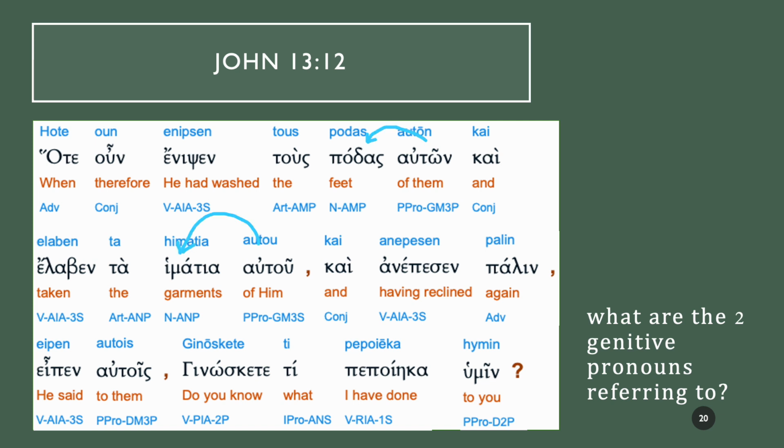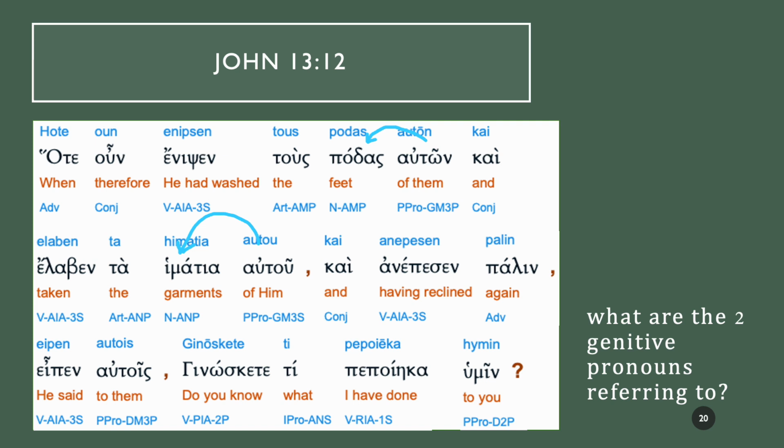So genitives are possessive. Personal pronouns have been used here. So autos, for the masculine, is the first person, is the nominative masculine singular, and that declines with autou for singular and auton for plural in the genitive. Genitive, of course, refers to either something that is owned by someone or in association with them.